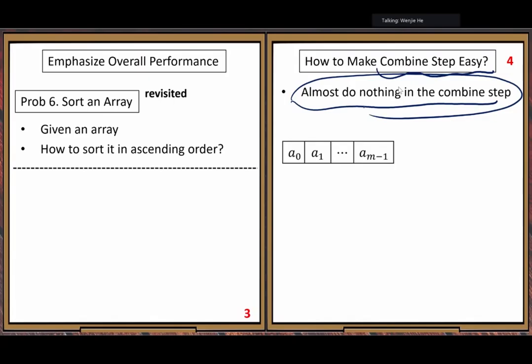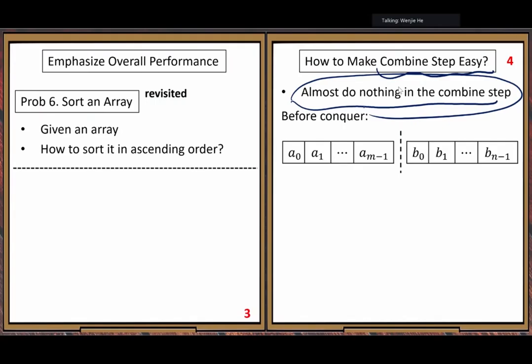Look at the two subarrays. We want to see what property our data should have to allow us to do nothing when we combine them. So we need to explore the special property on our data. Before conquer, these two subarrays, in general, are not ordered, right?